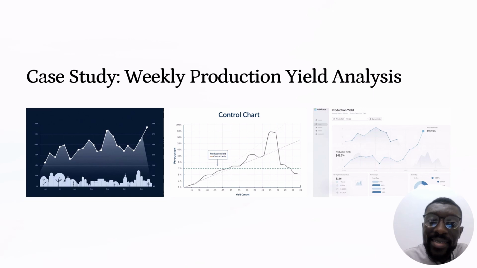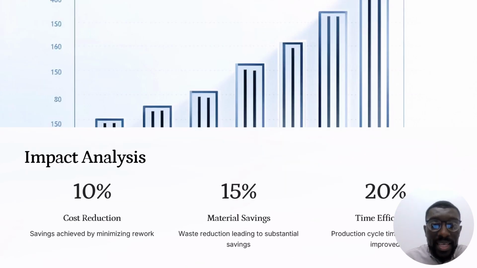And then for the case study, my role as a process engineer was to conduct some analysis on the production so that we could find better methods to improve the yield. As a result, after modifying the procedure, we came to the conclusion that there was an impact. After rewriting the procedure, we reached a 10% cost reduction,